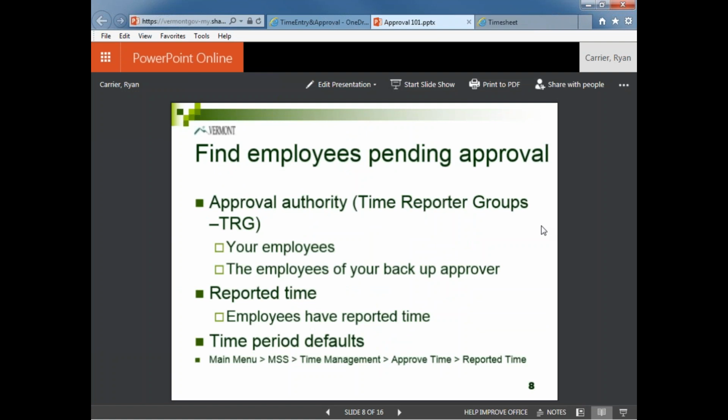And now we'll show you how to find employees who need approval. Again, this is tied to our time reporter groups, our group security. Each employee is in one time reporter group, and then we attach approvers to those different time reporter groups. So approvers could approve multiple time reporter groups. So again, you should see your direct reports, but possibly you might also see other employees you may be a